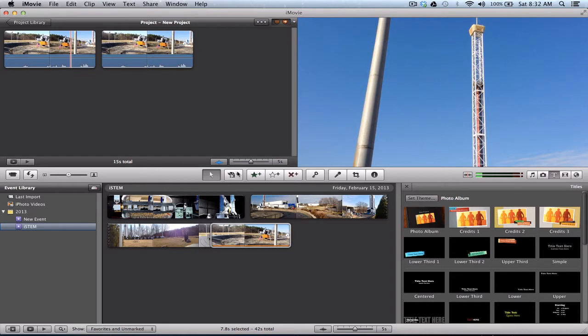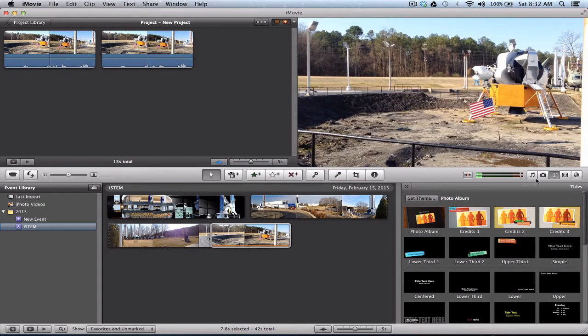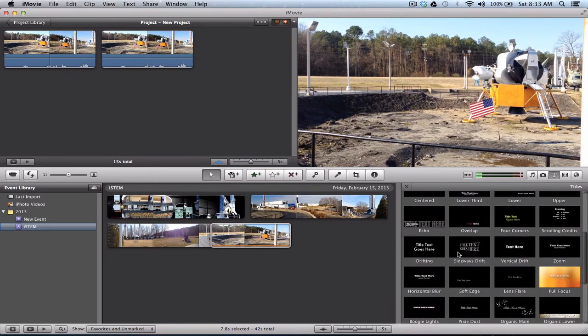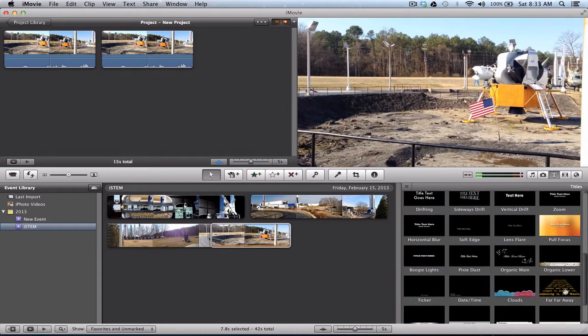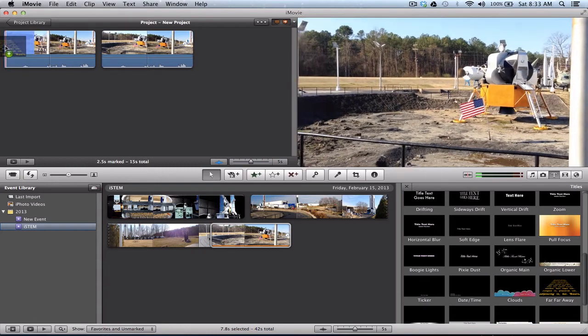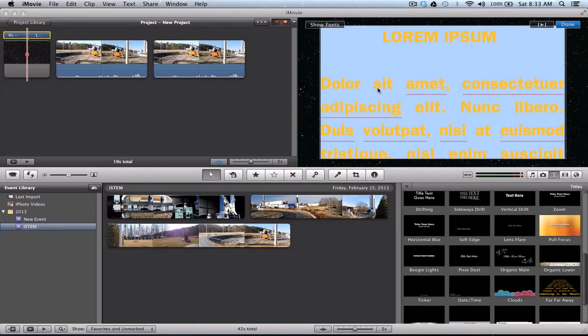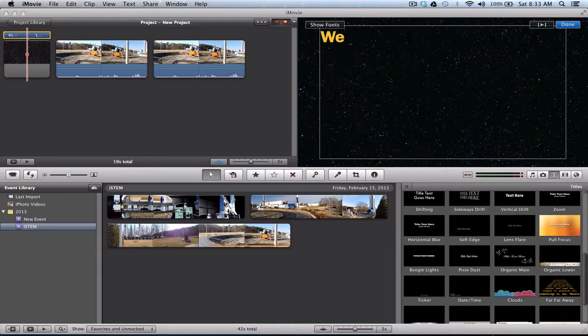Of course, with any video, you've got to have a title screen. So how do I do a title screen? Well, it's pretty easy. On the right-hand side here, you see the letter T. That's for title. And I can go through any of these options here. There's even a kind of Star Wars title right here. And let's go ahead and use that. I'm going to pull it up here. I want the starry background. And here's the basic text that comes with that. So I'm going to remove all of that, and I'll just say